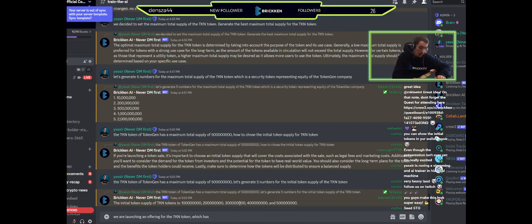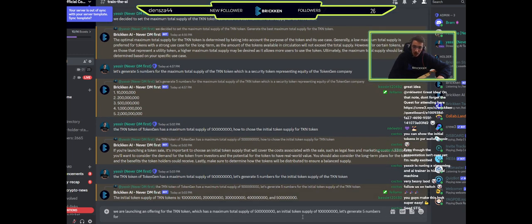So we're gonna say it has a maximum total supply of 500 million, an initial token supply of 100 million, and let's generate 5 numbers for the amount of tokens to mint during the seed